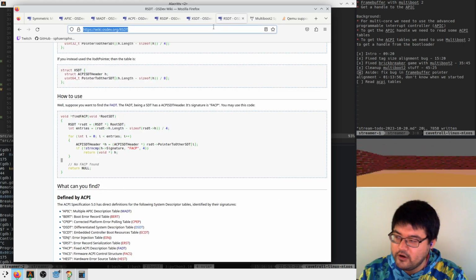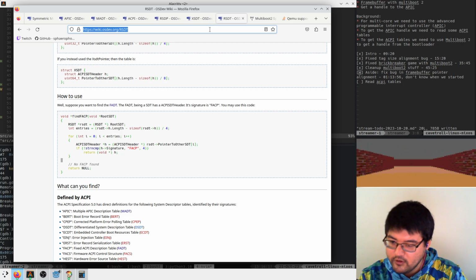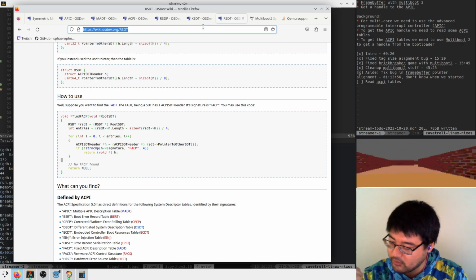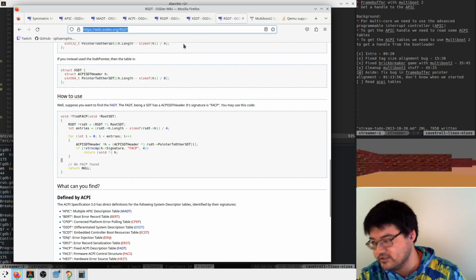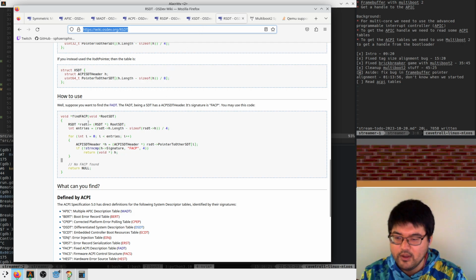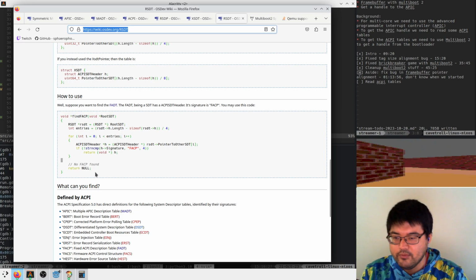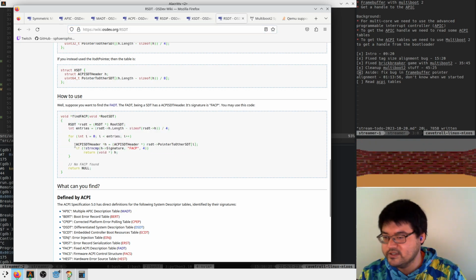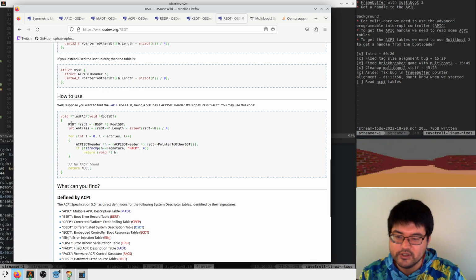So what we're working on now is multi-core support. We are trying to parse the ACPI table so that we can find the programmable interrupt controller handle so that we can turn on the CPUs. And right now we're just trying to prove to ourselves that we can, in fact, parse this ACPI table and at least get a list of useful strings.